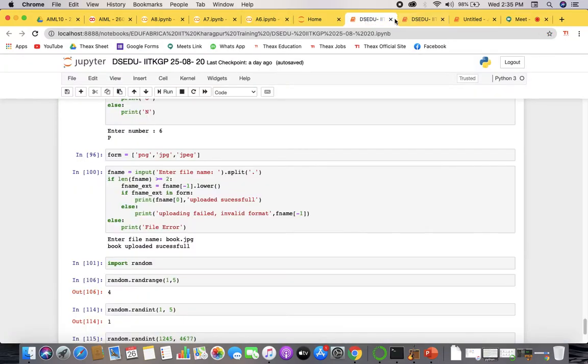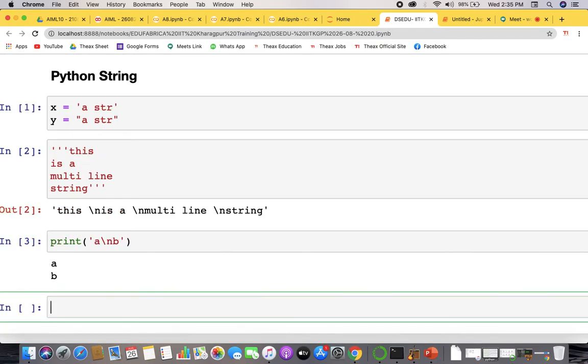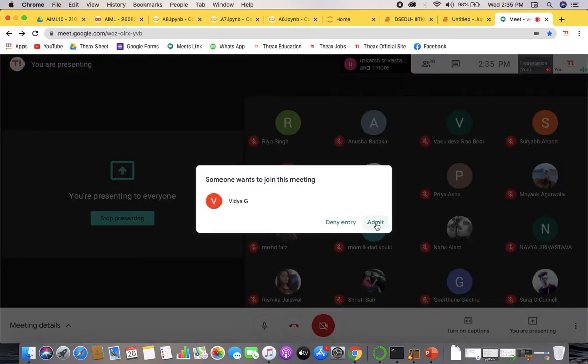So whenever you write any sentence or word, let's say a, and then you write \n, then you write b, that means after a you want a new line, and then you want to print b. So there are a lot of things inside a string to be worked on.